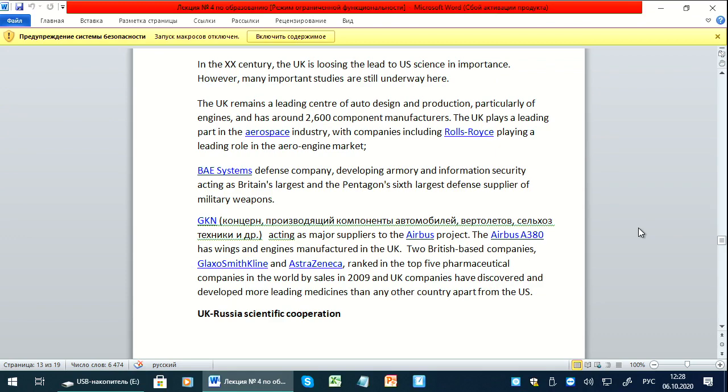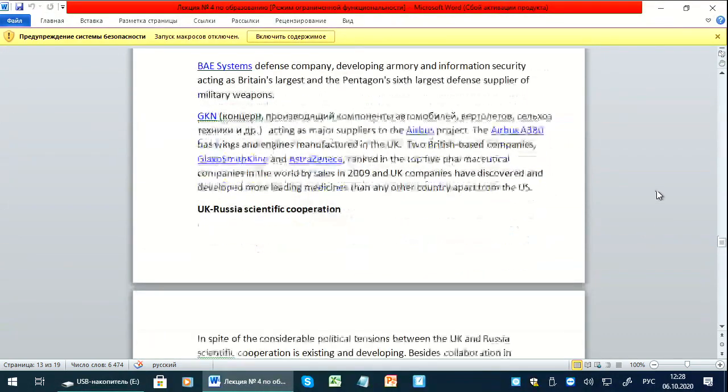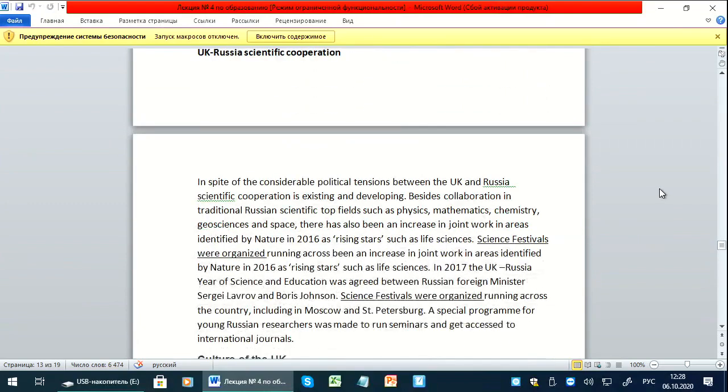Well, a little bit about UK-Russia scientific cooperation. In spite of the considerable political tensions between the United Kingdom and Russia, scientific cooperation is existing and developing. Besides collaboration in traditional Russian scientific top fields such as physics, mathematics, chemistry, geosciences, and space, there has also been an increase in joint work